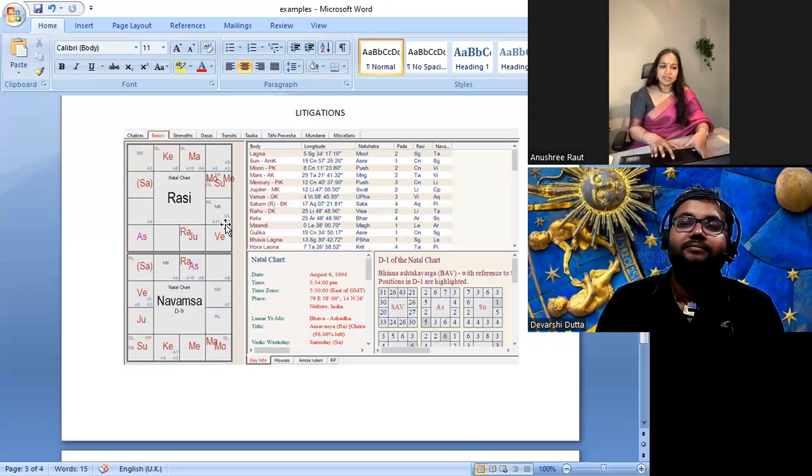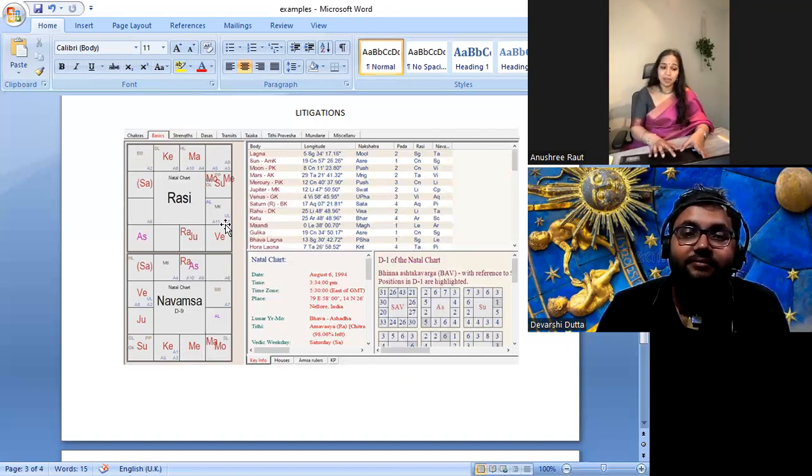I think even his son is also in a Sandhi nakshatra, if I'm not wrong. Wait, no, his Lagna is in Sandhi, by the way, again. Okay, Lagna nakshatra, but it's going to Padatri. So this is about it.